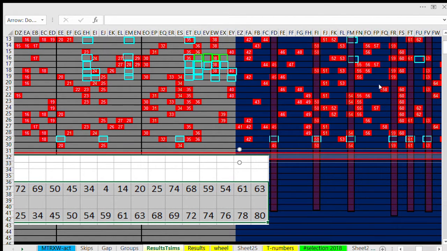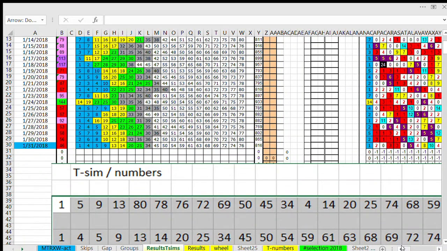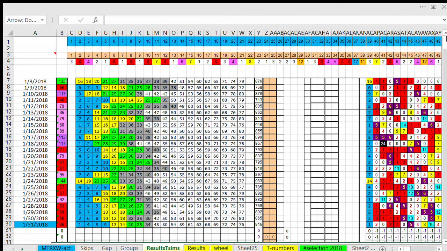So I zoomed into 100 here, and I'm going to just focus on the low numbers, so you can see the numbers a little better here. These are the numbers that were selected for the wheel here. Okay, now